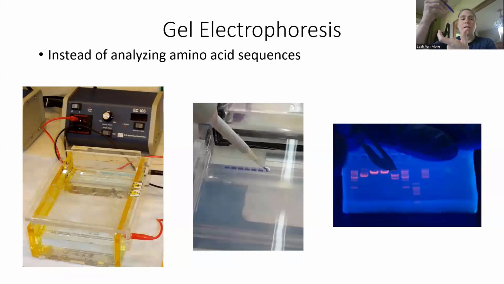And then you take your micropipette and you put it in the well. You don't want to stab it through the well or all of your substance is going to fall out the bottom, but you put it here and you press it to let it go, and it fills up the well with these nice little blue samples. DNA itself is actually colorless, but we're going to use a blue dye so that you can see it, because